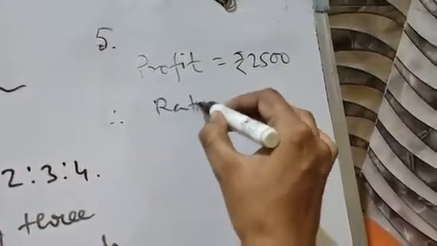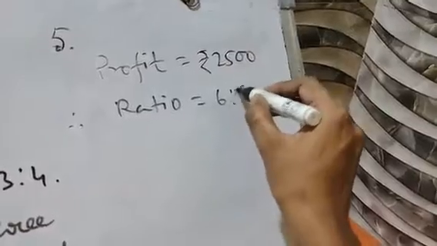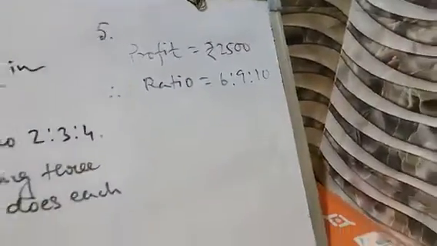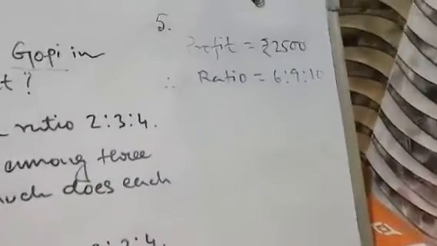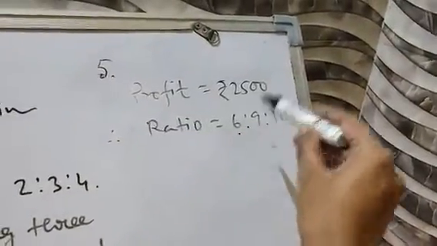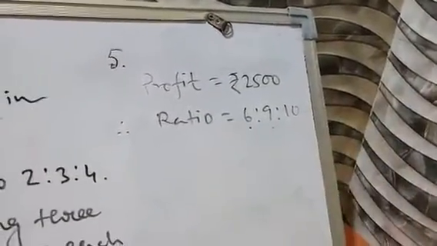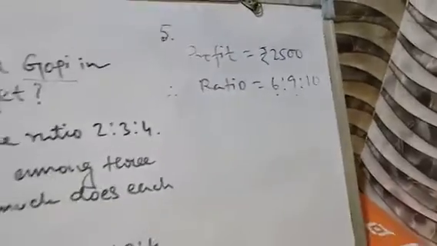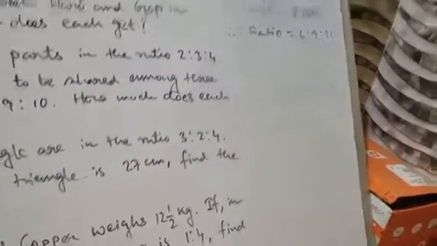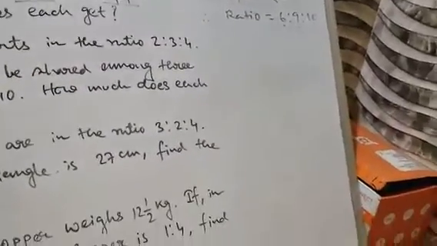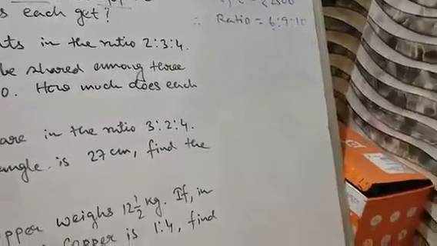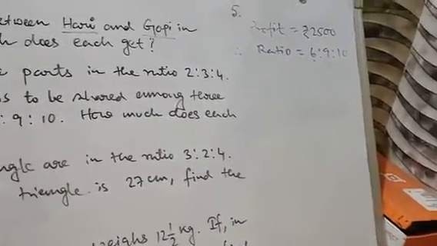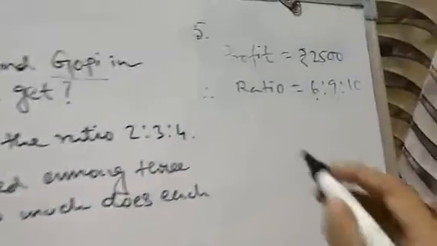Ratio equal to 6:9:10. Clear? So suppose the first person receives 6 rupees, then the second person will receive 9 rupees, the third person will receive 10 rupees. In the same way, if the first person receives 6 rupees, the second will receive 9 rupees, the third 10 rupees. So how much does each person get? First person will get